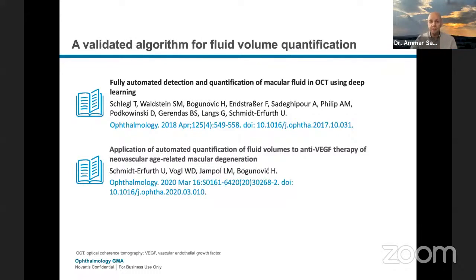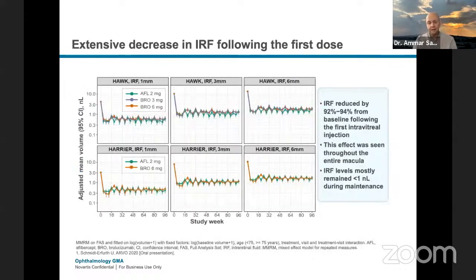So let's look at it, and let me try to orient you here, because these look like EEGs, if you ask me initially the first look. So basically on the top part you have Hawk, on the bottom part you have Harrier, and the green is aflibercept, the red is brolucizumab. And this first slide here is looking at the first injection. So if you have a patient with fluid and you give them the first dose, what is the effect of the first dose? And you can see that there is a very robust effect reducing the fluid using either one of them, using aflibercept or brolucizumab.